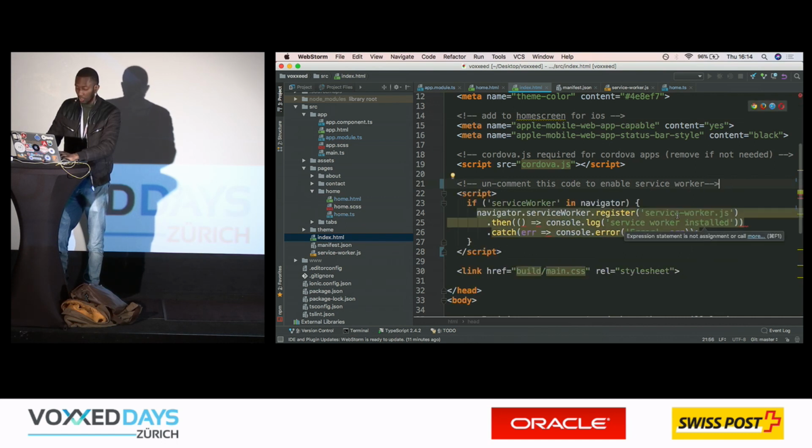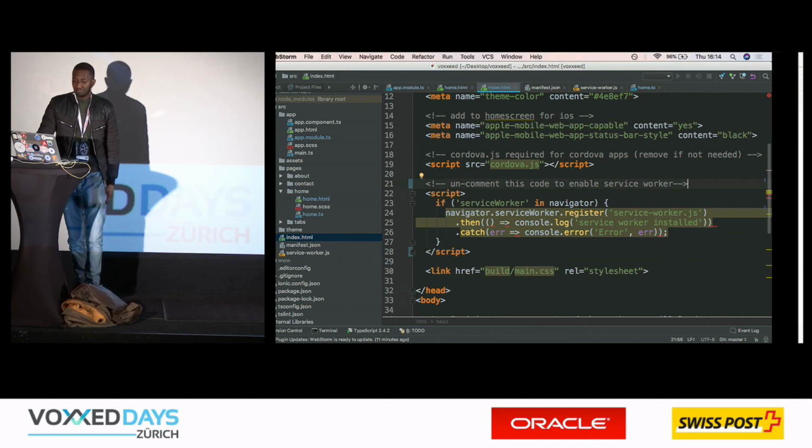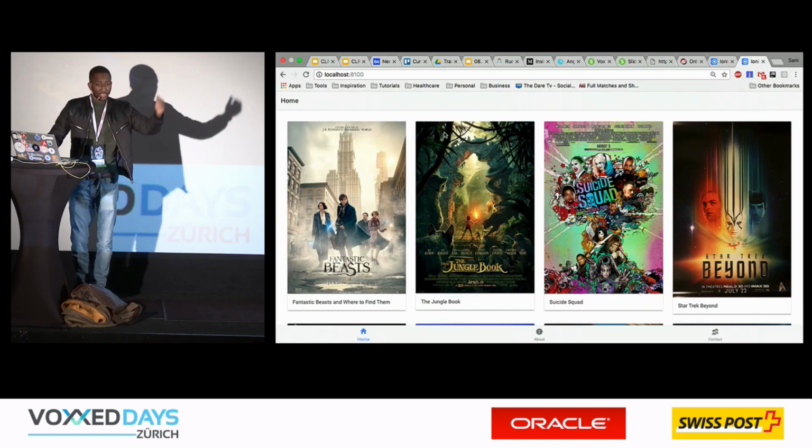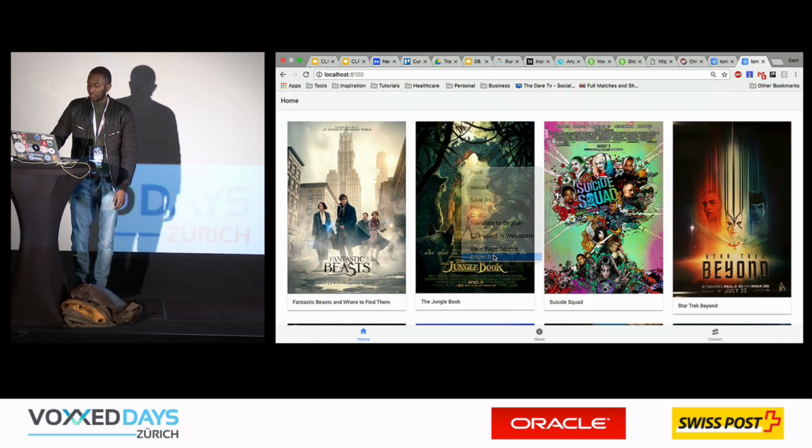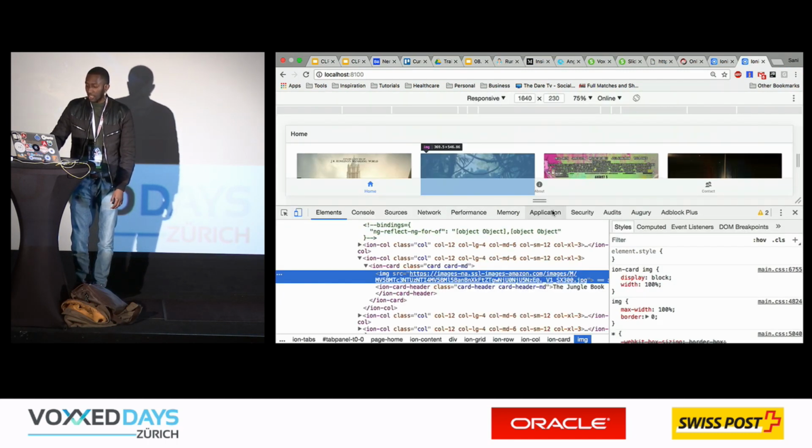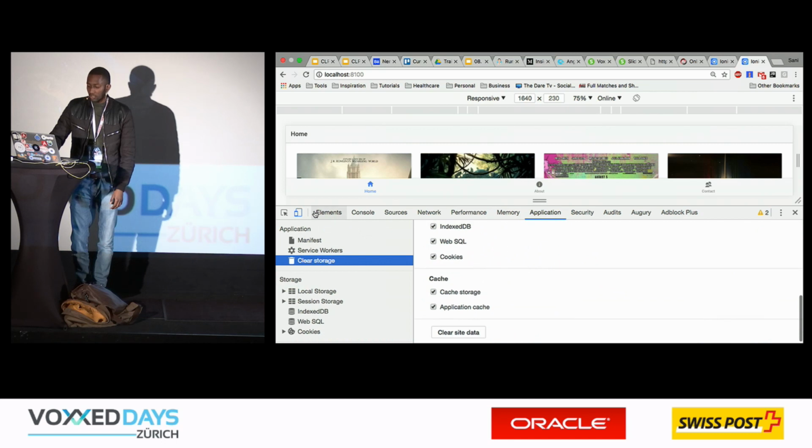That's it. Job done. I save, and we refresh the app. So you see this app working, right? And then we refresh the app again. And if we go to the inspector element, and we see application tags, you can actually see service workers, and